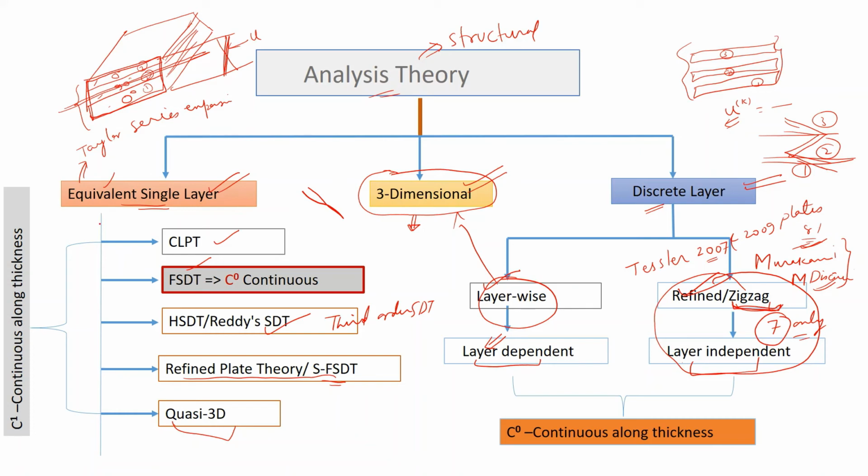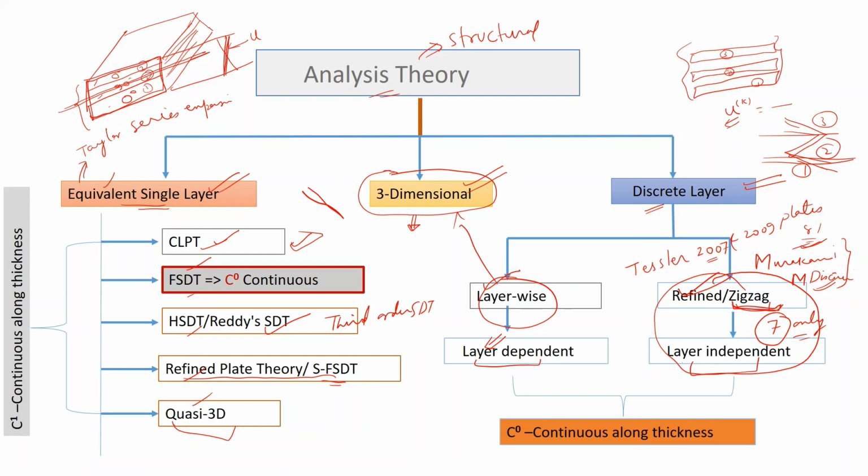So first of all, we will study the classical laminated plate theory, first order shear deformation theory, higher order shear deformation theory, refined plate theory, and quasi three-dimensional theory. I think a few months back we studied the classical laminated plate theory in detail, but we will brush up on how to arrive at the field variables again. Today we will also cover the first order shear deformation theory, then the higher order shear deformation theory, and how to plot the results in MATLAB. So today let's see how much we can study.